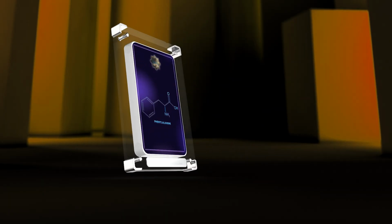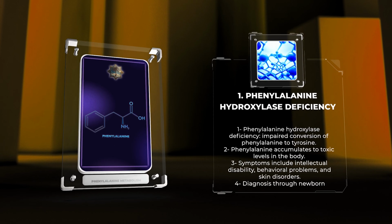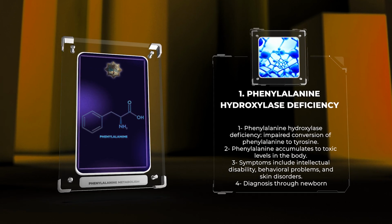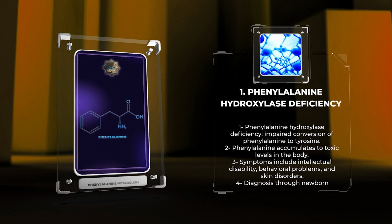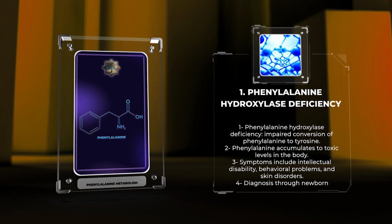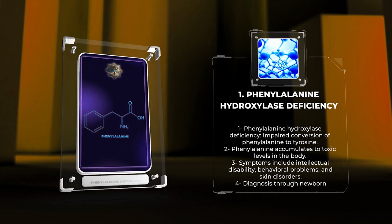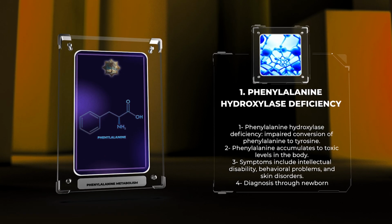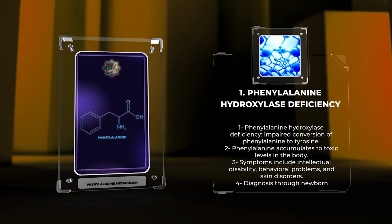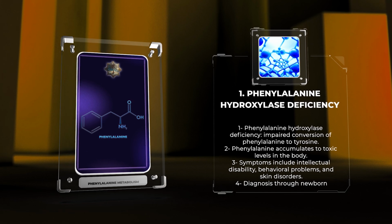Phenylalanine hydroxylase deficiency, also known as phenylketonuria, PKU, is a rare genetic disorder characterized by the impaired conversion of phenylalanine to tyrosine. This enzymatic defect occurs due to a malfunctioning phenylalanine hydroxylase enzyme. As a result, phenylalanine accumulates to toxic levels within the body, leading to various symptoms such as intellectual disability, behavioral problems, and skin disorders. The diagnosis of phenylalanine hydroxylase deficiency is typically confirmed through newborn screening tests that measure phenylalanine